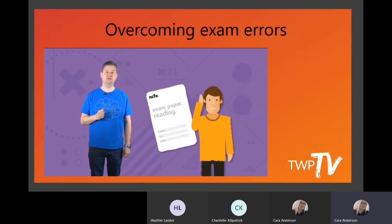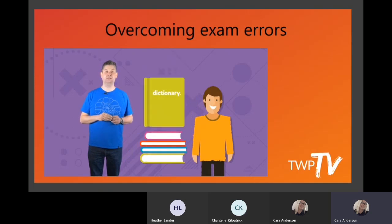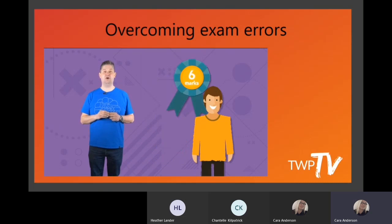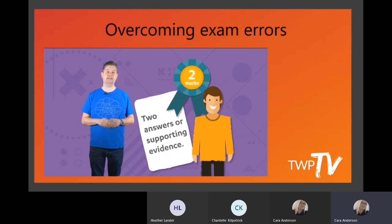So many learners misread questions and lose marks because they have misunderstood what it is asking from them. Encourage them to use a dictionary if they do not understand what a word means, or to look up keywords. They also need to look at how many marks are available for a question. If there is 1 mark, the examiner is looking for a quick single answer. If there are 2 marks, the examiner is either looking for 2 answers or some supporting evidence to the original